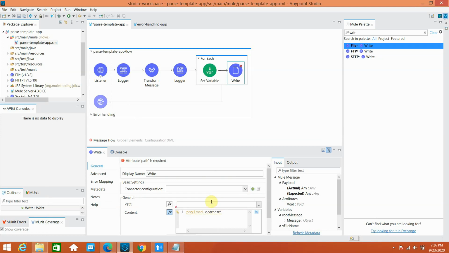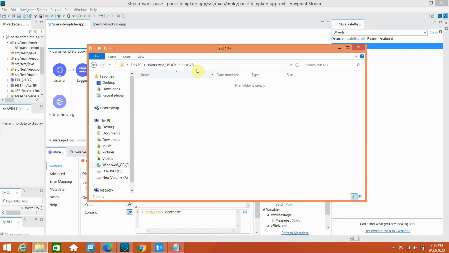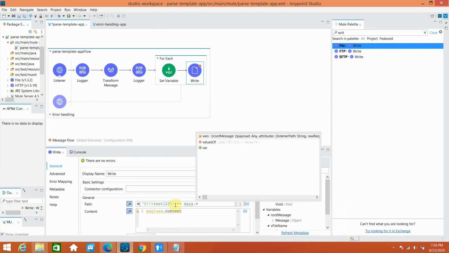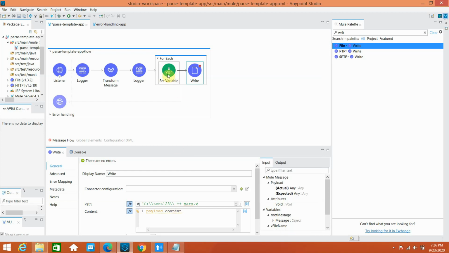Now you can give a full file path, where you want to generate a file. This is my path. I always prefer, you can use the fx, always use double slash, then you can say plus vars dot v, I don't know what happened. So let me copy the name better.